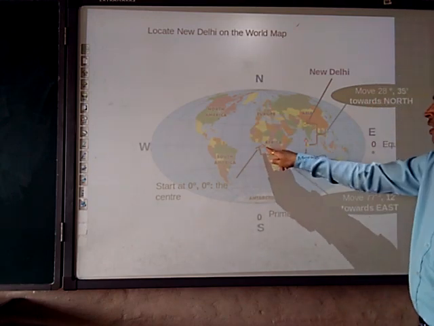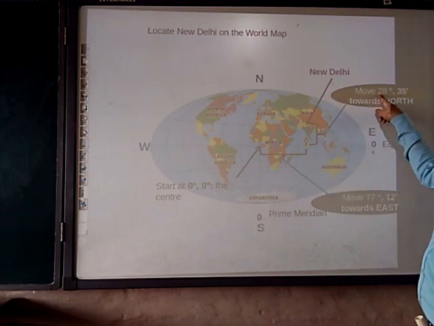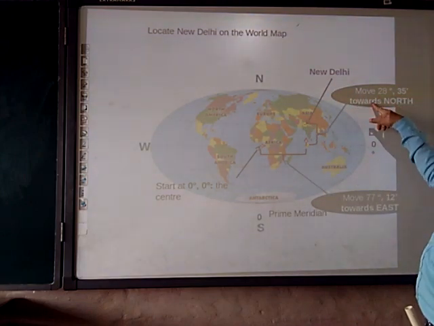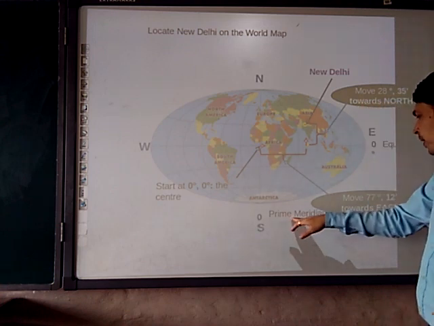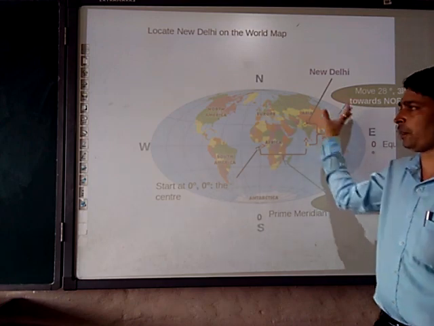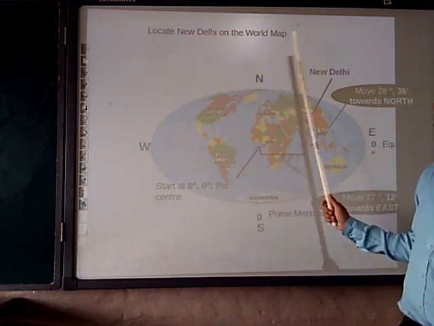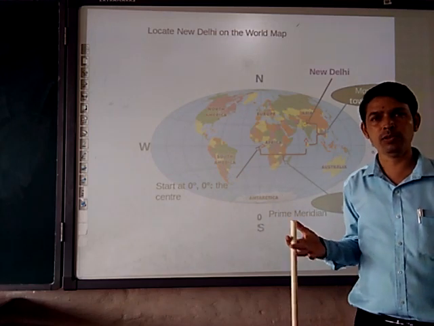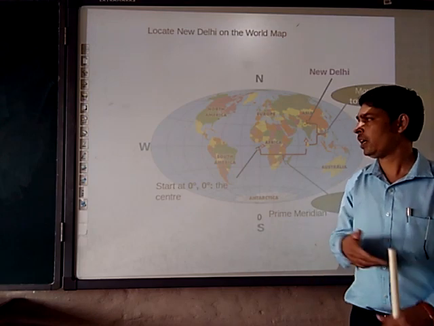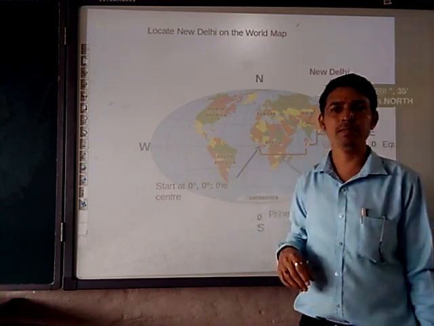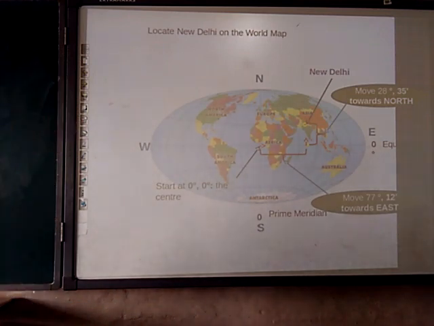So New Delhi is here. We are taking the equator here as a point, then this point, New Delhi. Move 28 degree, then 35 towards the north, right? Then the prime meridian, move so and so. So this is how we are locating. So locate New Delhi on the world map. You have the atlas with you. In that you can see what are latitudes, what are longitudes, and after that you can easily search for the place or locate any place. Then next,